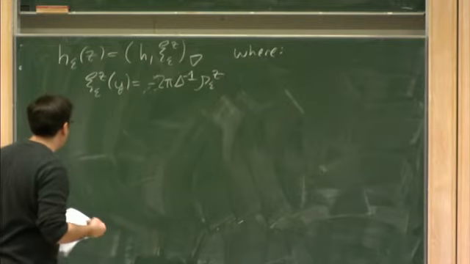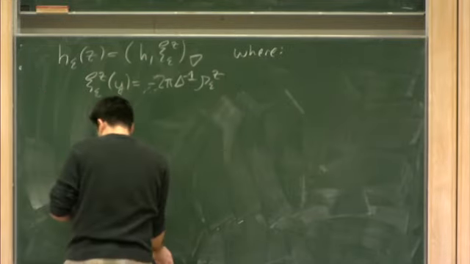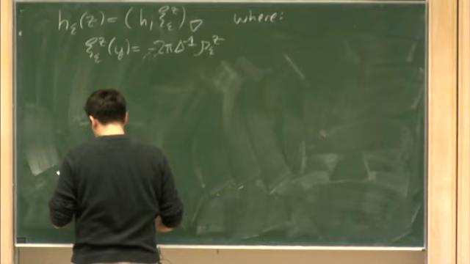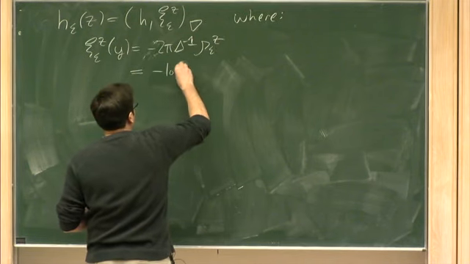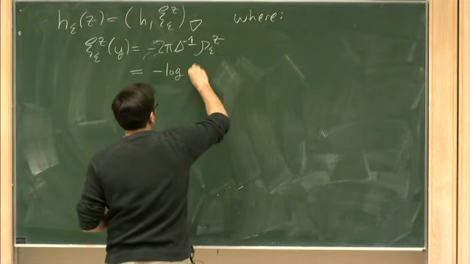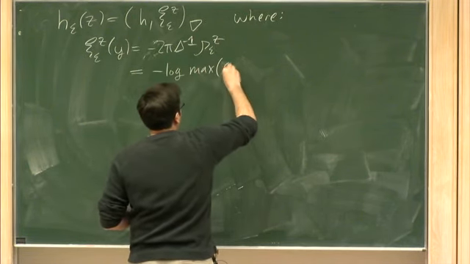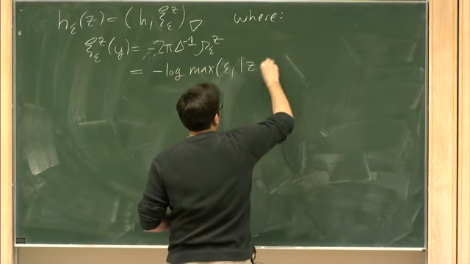And this function has an explicit formula. Remember, it's just given by minus the log of the maximum of epsilon and the distance between z and y,